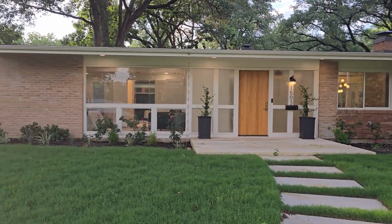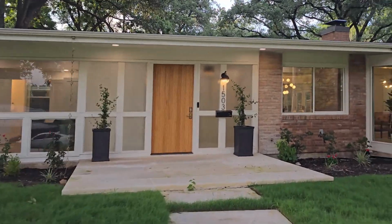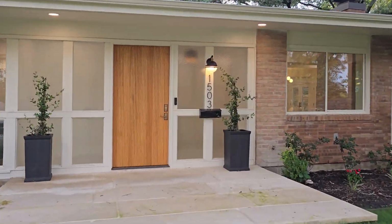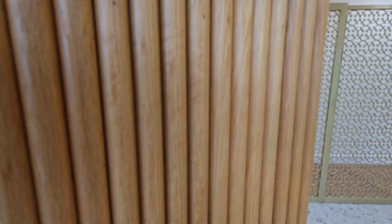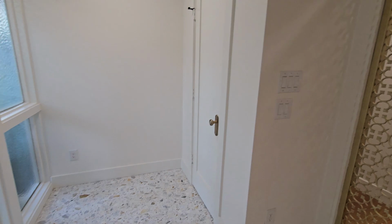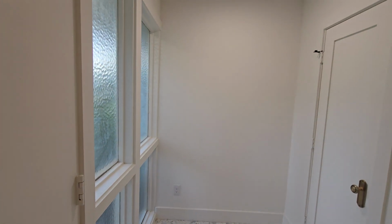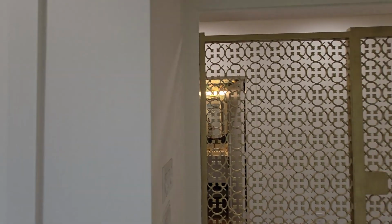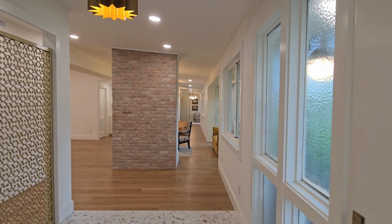1503 East 15th Street in Georgetown, Texas. This is going to be a cool tour with Tom. Let's jump on in to this 3,482 square foot house on over a half acre, 0.56 according to the records I have, on a house that is definitely mid-century modern, built in 1955 for,